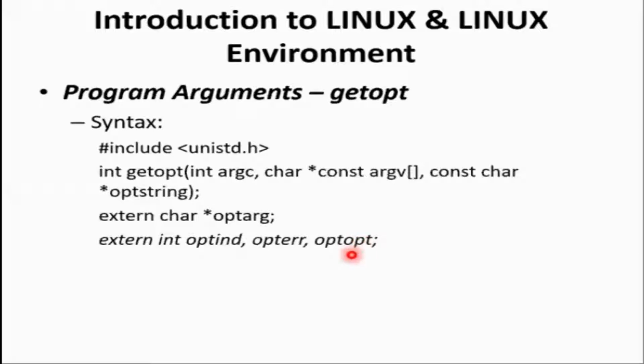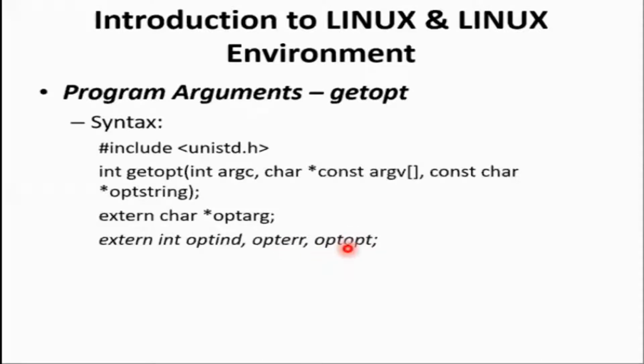That means when I'm executing a command like sort space -x space file name, here x is an option, but it is unable to be recognized by the command. Then option character x will be stored in OPT, and the error will be stored in the standard error file, that is, onto the monitor it will display, and the command that it is executing, where the option is unrecognized, is going to return question mark. And the calling program may prevent the error message by setting OPT error to 0.